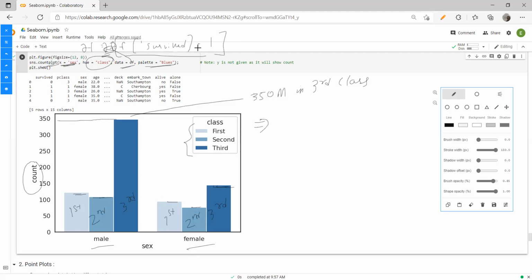So wherever survived is equal to 1, those rows will be selected as true, and the outside data frame is going to give the entire row into a data frame. So one way is you change the contents of the data frame itself. The second way is you can also specify it in the query. You can specify in the query that it should only show for data frame survived is equal to 1. Don't plot for survived is equal to 0. So it will give you only the survived ones.